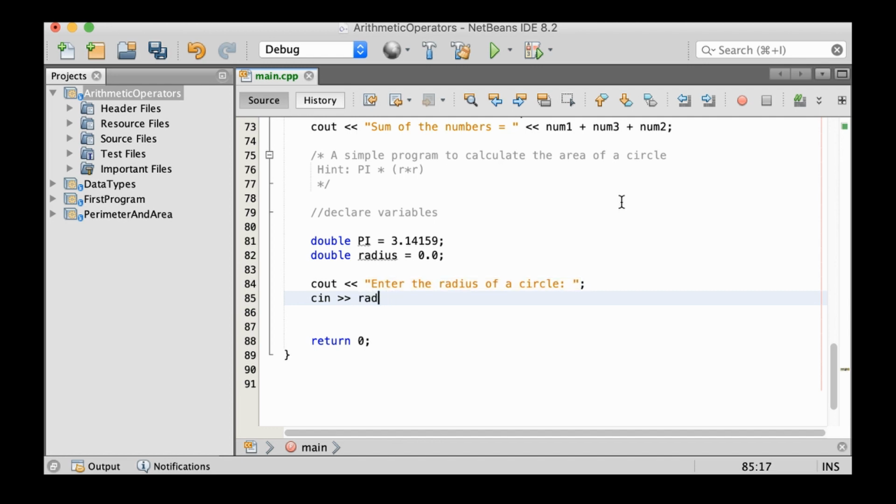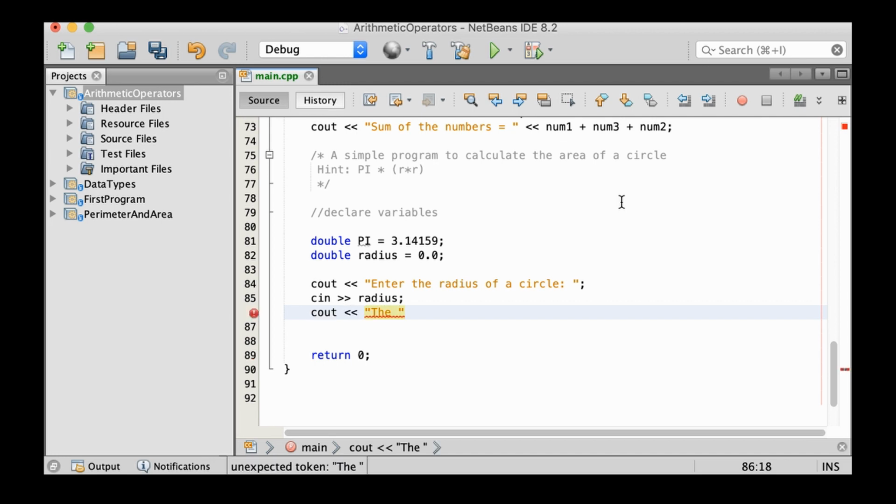Radius, and then we'll also print out the area of a circle with radius. How about we do it this way? With radius. So the area of a circle with whatever the user entered radius is,